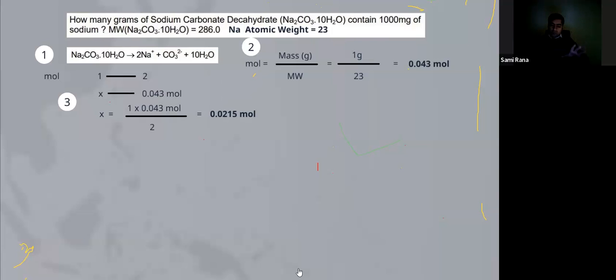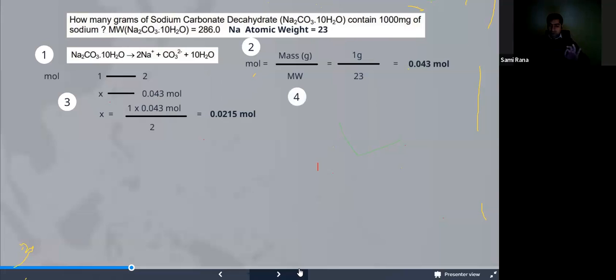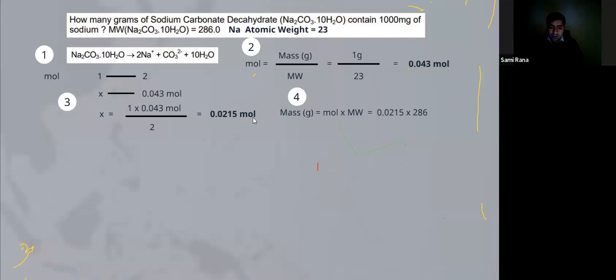This is the process you are going to follow for every question, for every millimole, every milliosmole, every milliequivalent. We'll see more practice questions, so it will be clear along the way. The fourth step is again going to convert this mole into gram, because the answer they want is in gram. So in the fourth step, we again apply the same formula. We just manipulate it to find the mass, and this is going to give us